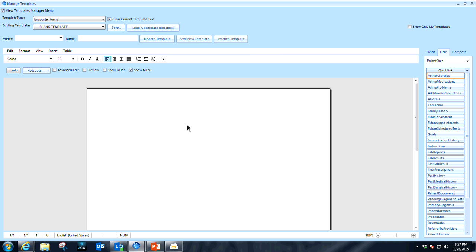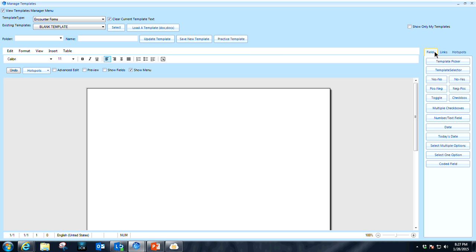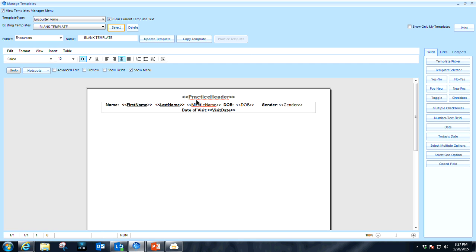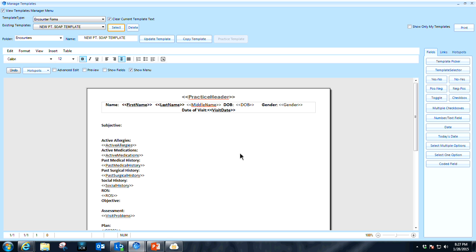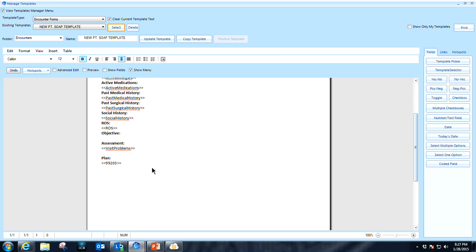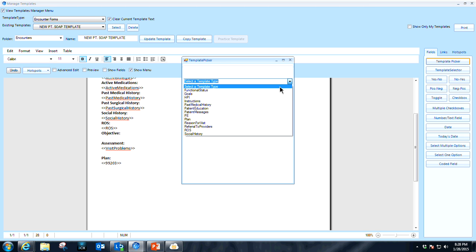You could then add in any mini templates, and I think I forgot to show that, so I'm just going to quickly show it. If you click under fields, if you have any template open, in this case we just have a blank one, or an entire document that you'd like, and let's say we want a new patient SOAP template, and we want to put in a specific mini template that is necessary for that template, just click on this link called the template picker. It's going to allow you to select and bring up any one of those maybe subjective